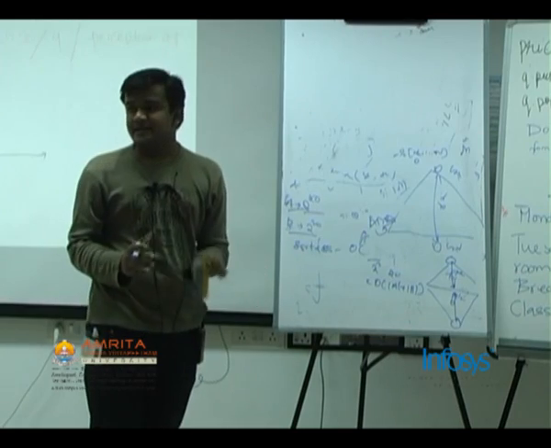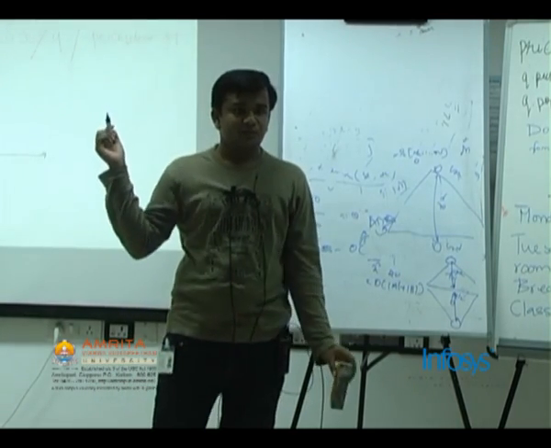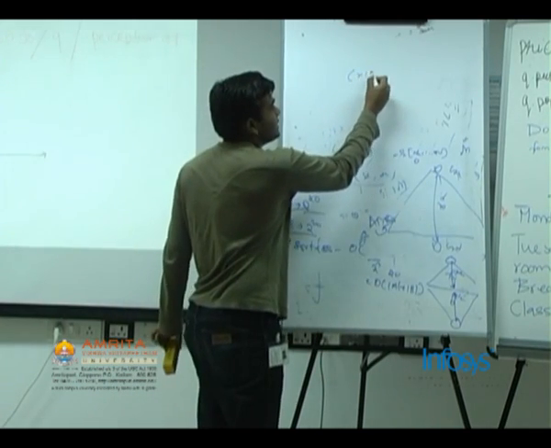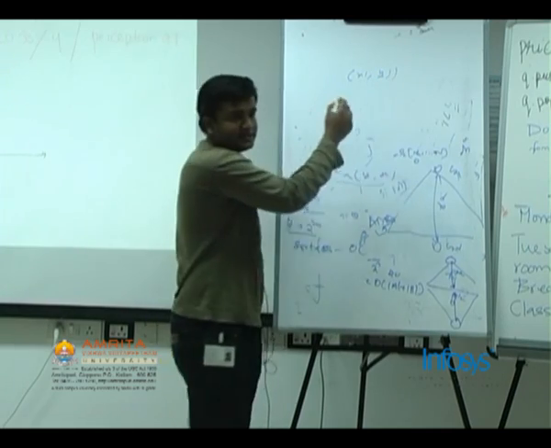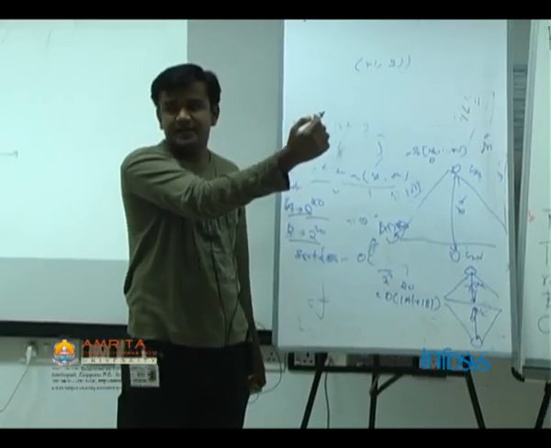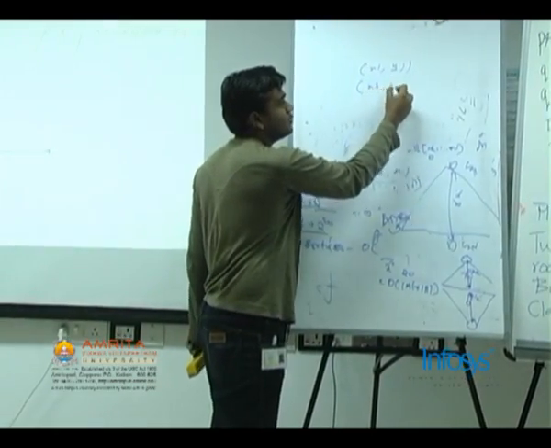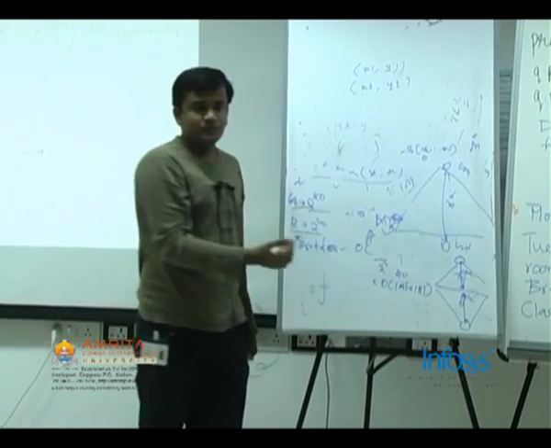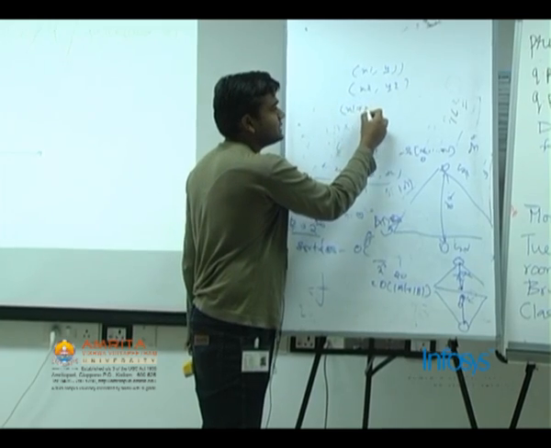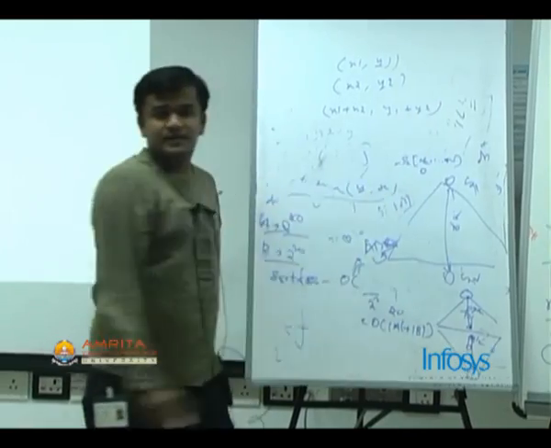Now there are some very basic operations which we can do with vectors. First one of them is vector addition. Now this is very simple. If you have a vector defined by x1, y1, that is x component and y component of the vector are x1 and y1 respectively, and you have another vector for which the components are x2 and y2. The addition is very simple. It is defined by x1 plus x2, y1 plus y2. Is this clear?